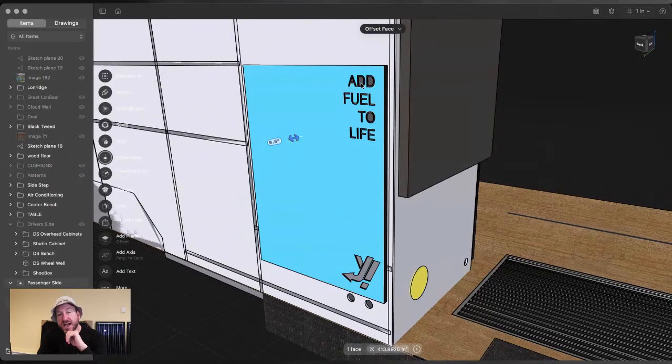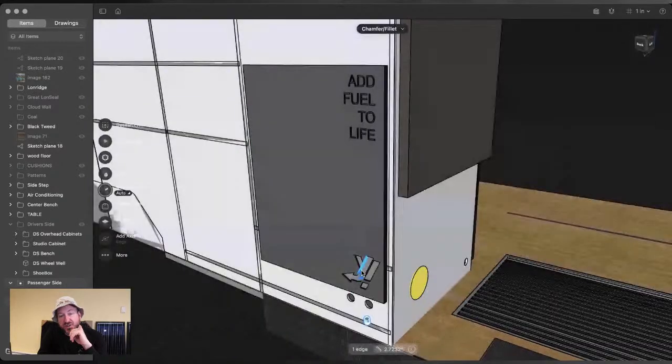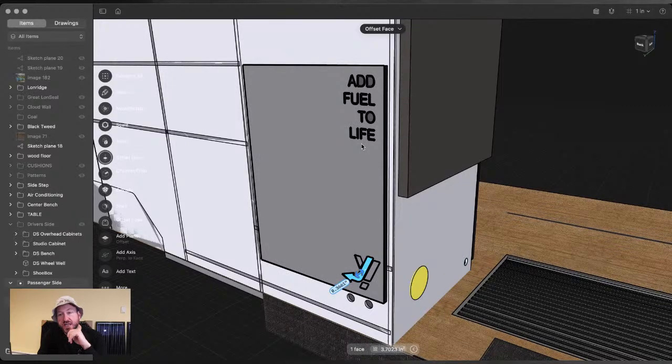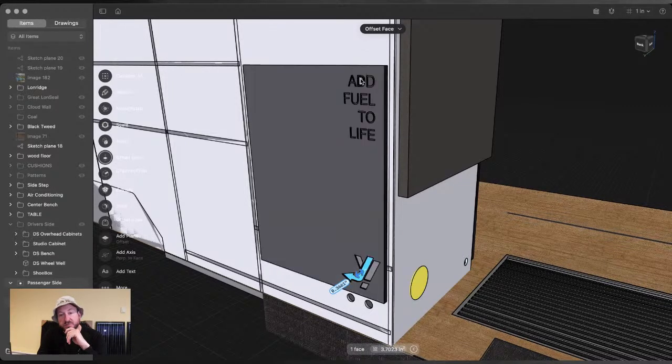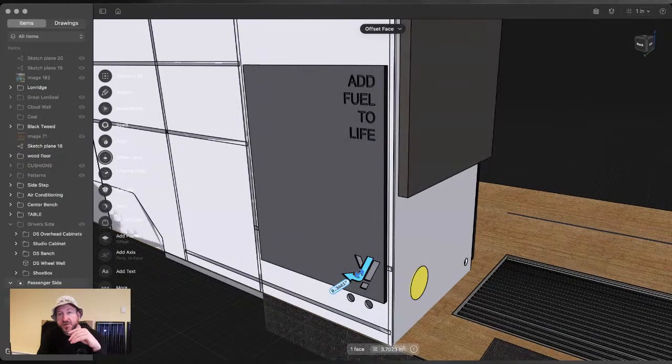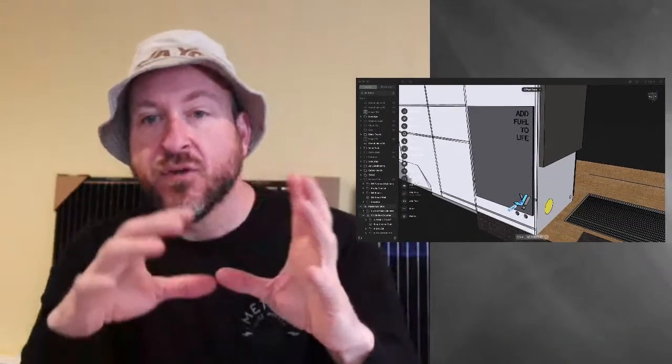And by cutting with CNC into the surface, you can actually allow light to penetrate through the shallower parts. So Add Fuel to Life will glow. The Gyro logo will glow. And not just that, but you can do all sorts of really, really